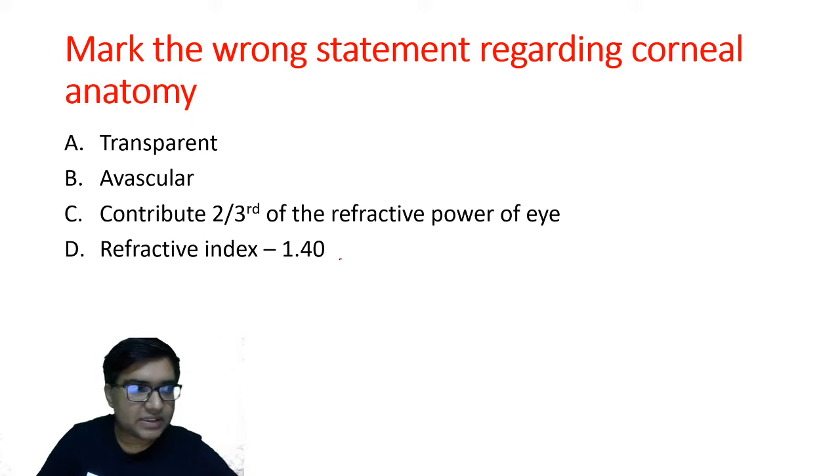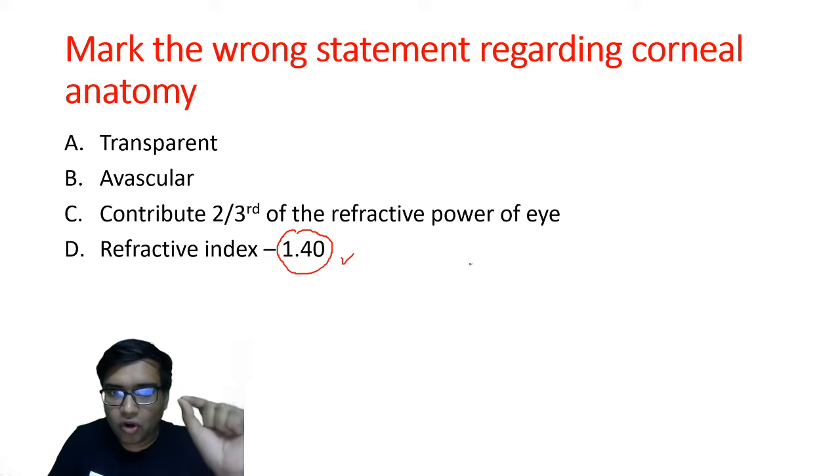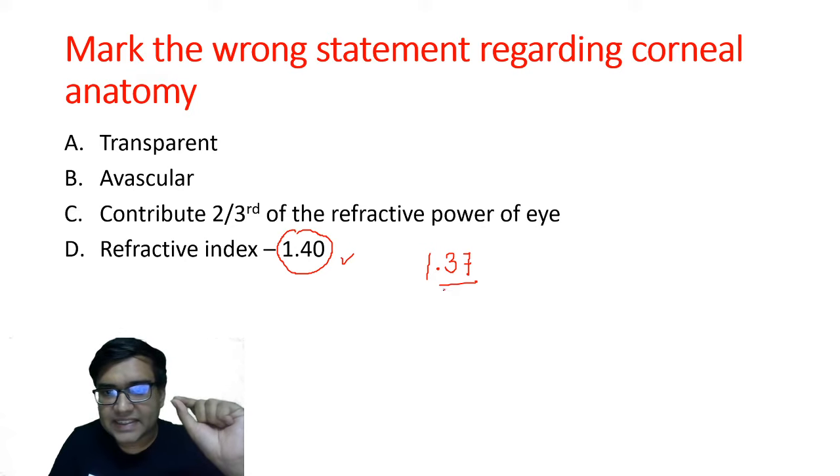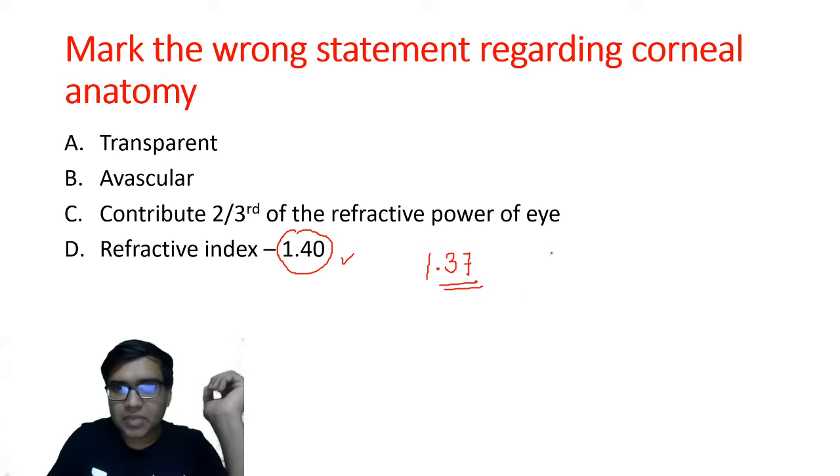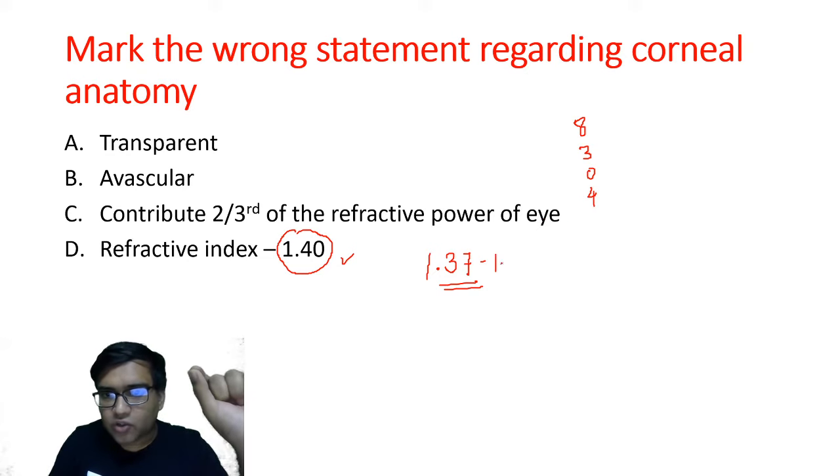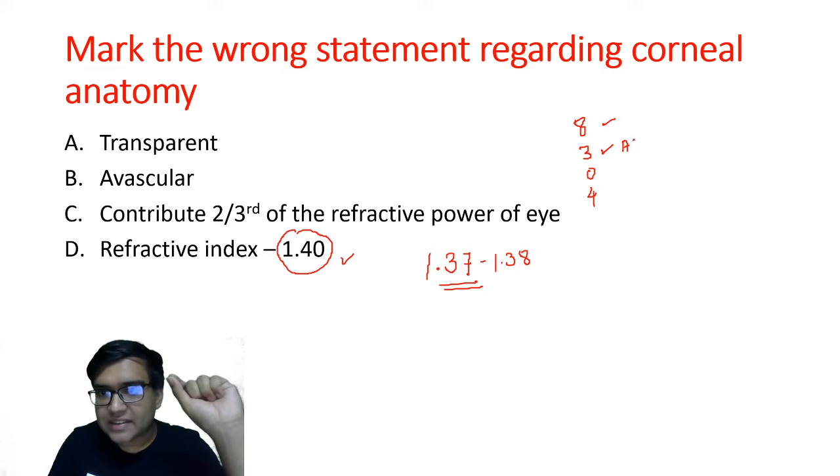Very good, Dr. A1. It is D. So remember, the refractive index of cornea is 1.37. Remember this mnemonic, 8304. The refractive index of cornea is 1.37 to 1.38. Then the aqueous humor, it is 1.33. The lens, it is 1.40, and for the vitreous humor it is